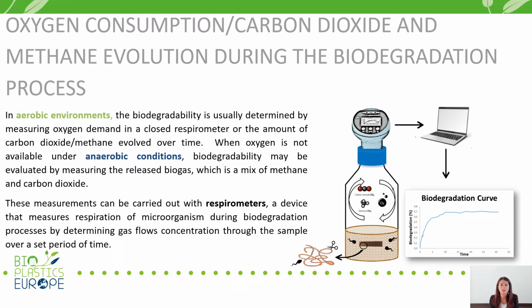Biodegradation takes place in a closed vessel called the bioreactor, which contains the sample exposed to environments such as compost, soil, and marine water. The bioreactor is connected with a respirometer to determine the respiration of microorganisms during biodegradation by analyzing gas evolved or consumed over a set period of time. A software allows monitoring of all parameters, simulating various testing conditions and recording data continuously.